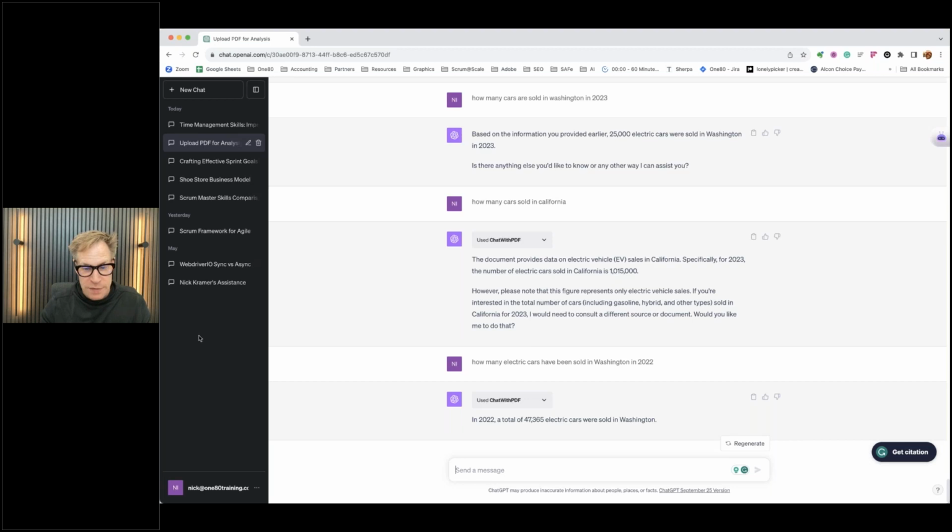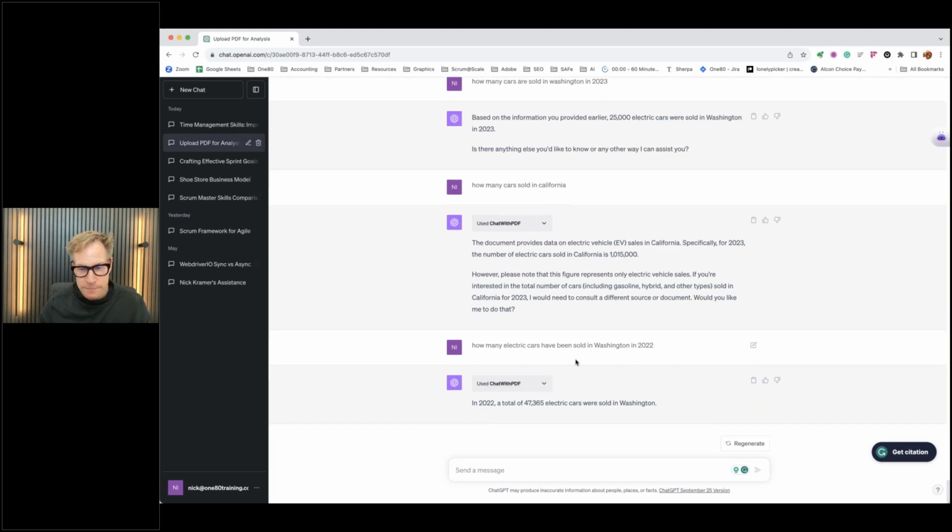And you can get very specific. Let's just copy this same one here. You could say, how many electric cars have been sold in Washington, and I can say create a table and break the data by model.